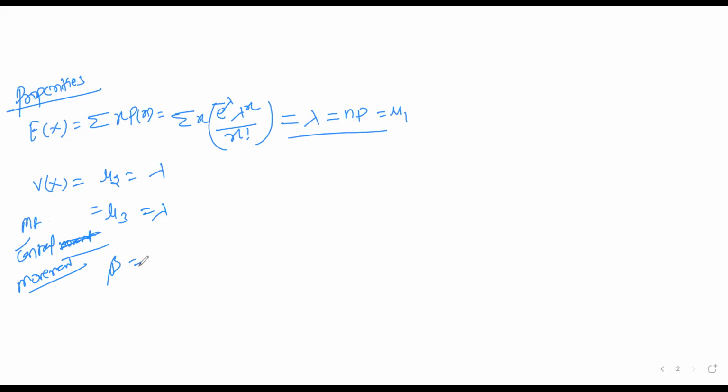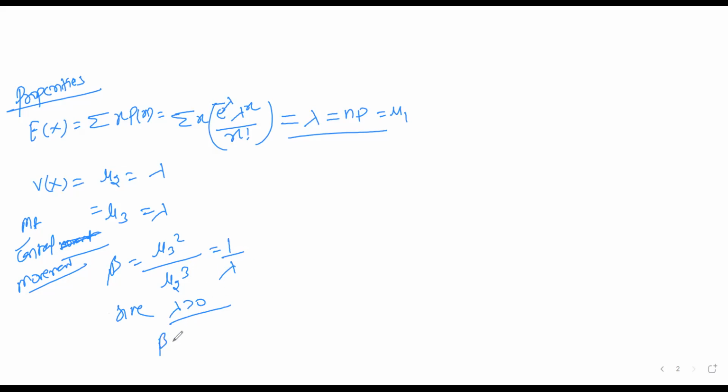Beta is the symmetry or skewness of the curve, and as we discussed in the last class, it is mu3 square divided by mu2 cube, and you will get 1 by lambda. Since we know that lambda is greater than 0,